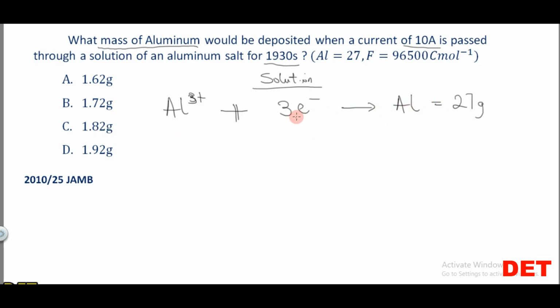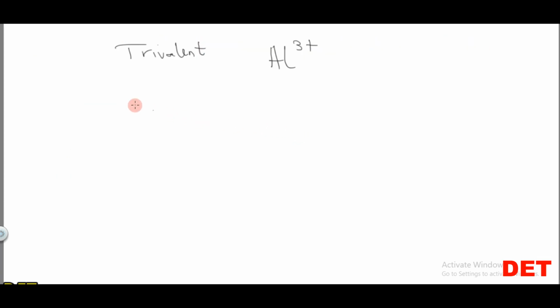So 3 Faradays of electricity will be required to produce 27 grams of aluminum. It's very important that you should know that 1 Faraday is equal to